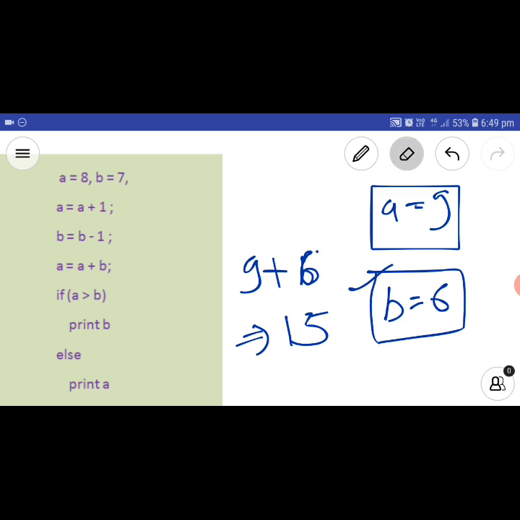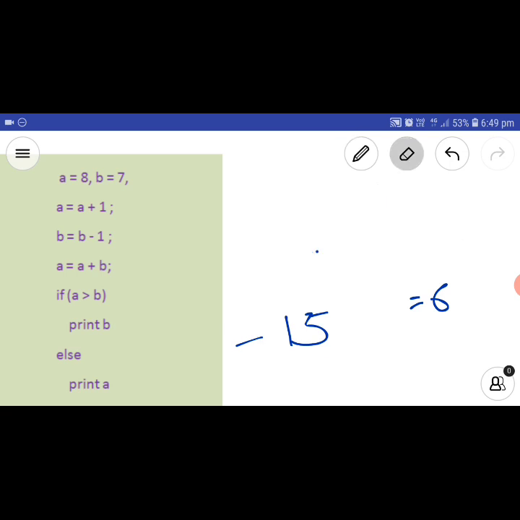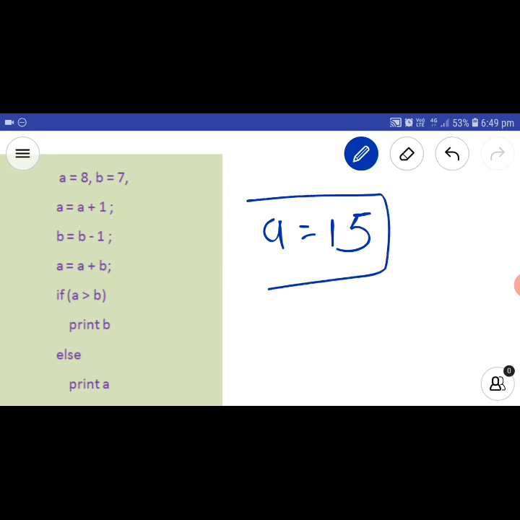So now we have a equals 15. How did this happen? We did a plus b, meaning 9 plus 6 which is 15, correct.